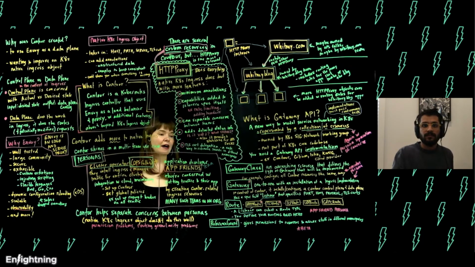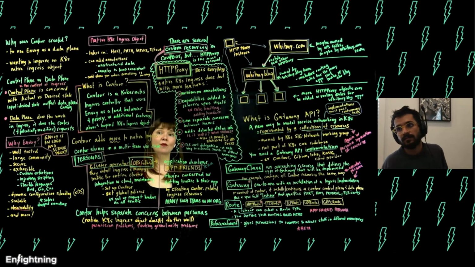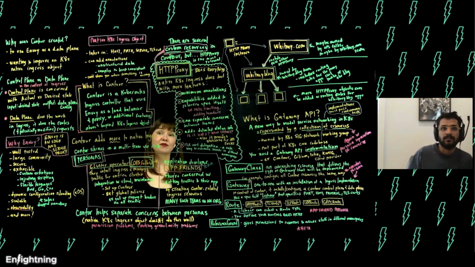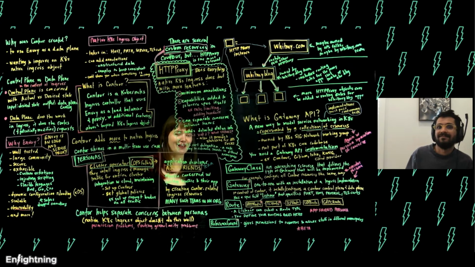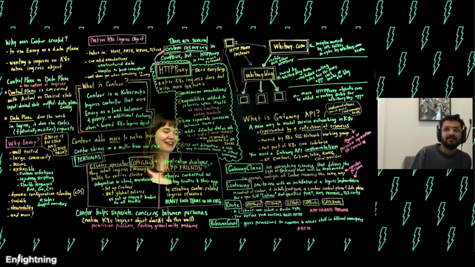So the app developer persona is the one that's concerned with the route resource. But at the Gateway level, that listener is where the route type is defined. So a Gateway might use an HTTPRoute, and then the app developer persona would define their own HTTPRoute instance, and that's where they would define their routing rules to get traffic through to their particular app where they want it to be, because all they care about is the end user being able to get through to their application. All the rest of it can fall away into oblivion as far as they're concerned.